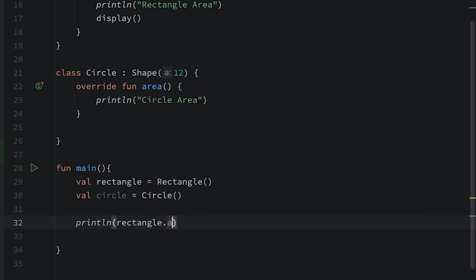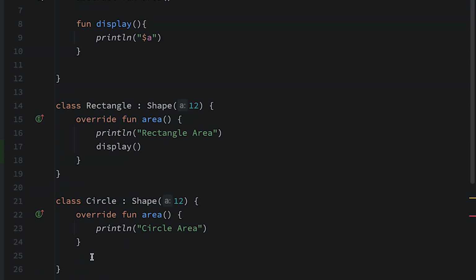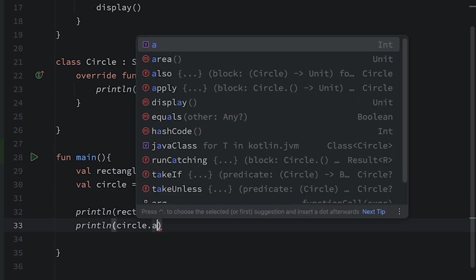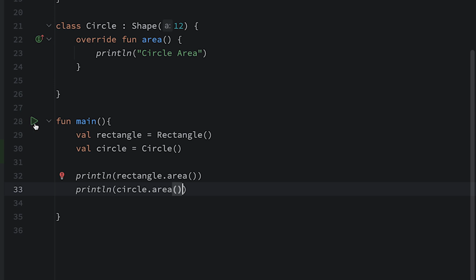Also you can use your shape primary constructor variable using your rectangle, because rectangle is also a shape. Due to that reason you can very easily access the shape primary constructor variable here. So if you want to use that, you can simply use rectangle dot a, but I'm interested in calculating its area. Similarly, write one more println function and use circle dot area, and when you execute it,